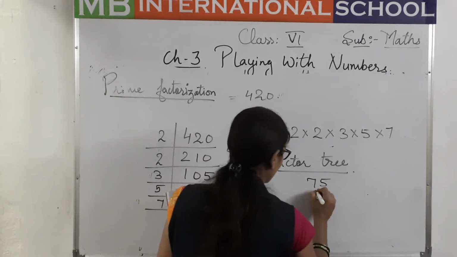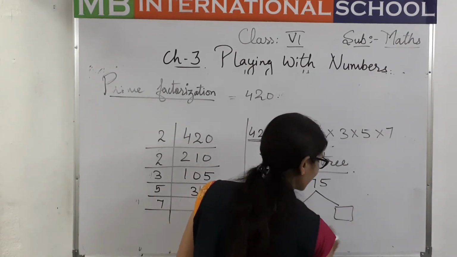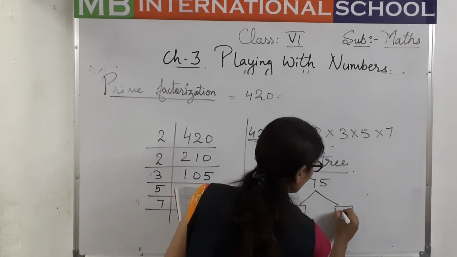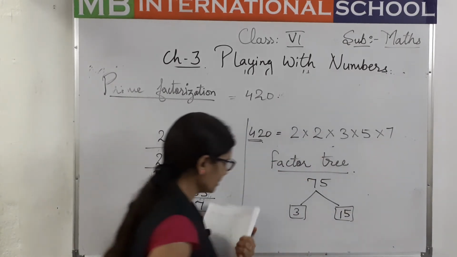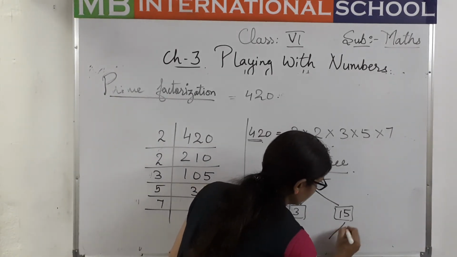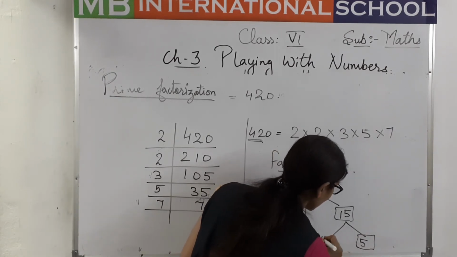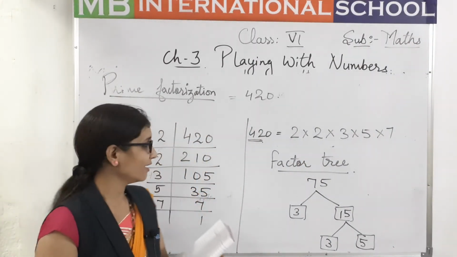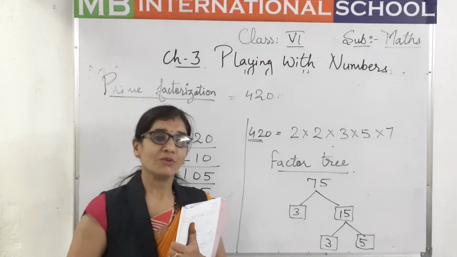So let's divide it by 3. In this factor tree method we have to solve the sum using the factor method only, but just like a tree we are going to do it. How many times? 75 is 3 times 15. So we can say that is 15. Now again 15 is divisible by 3. Yes, it is divisible. How many times? 5 times. So these are all the factors of 75. By the factor tree method also we can do the sum easily and find the factors. So children, these are the two methods of prime factorization.